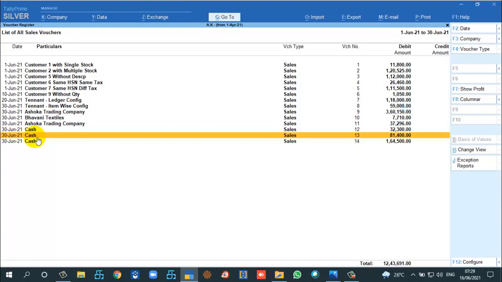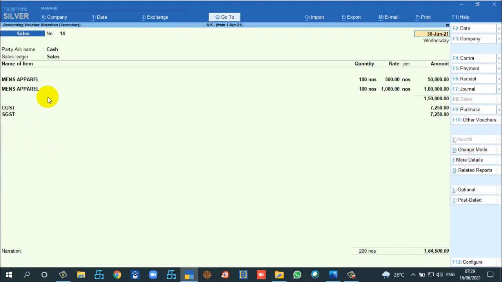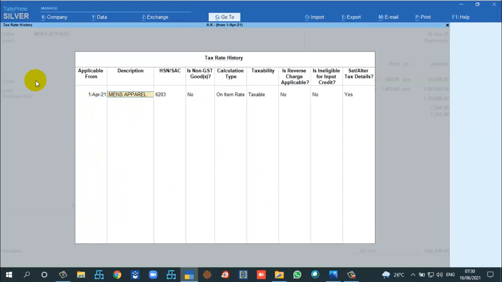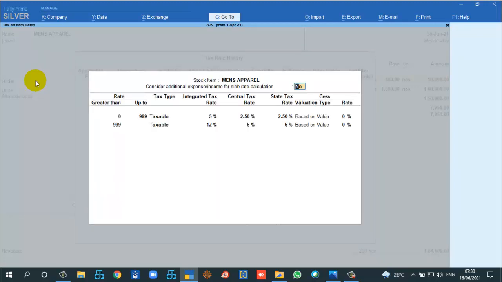Another scenario you can see here is the same. We have created different types of item configuration. This is men's apparel, where I have taken 6203. On an item up to 1000, the rate of tax is 5%, and above 1000 it will be 12%.